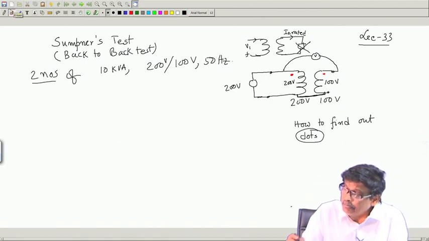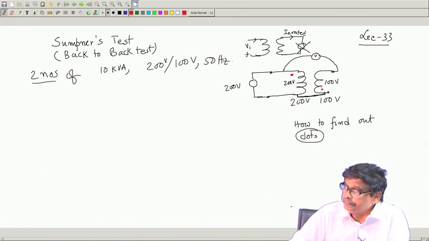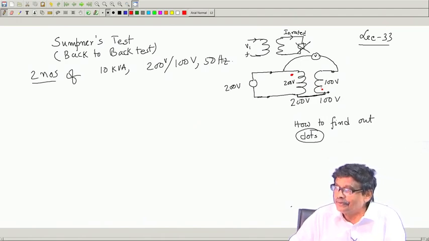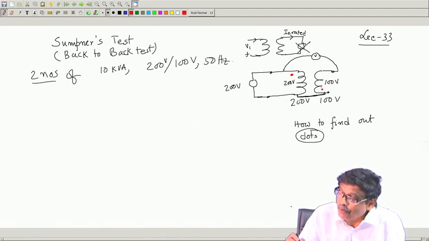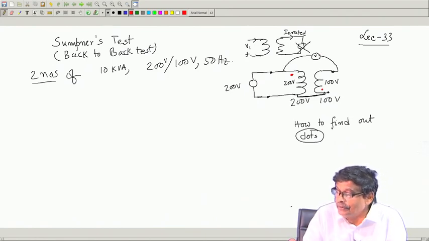What could be the other possible reading? It could be like this, dot may be here also, I am not sure. If that is the case, then what will be the voltmeter reading? 300 volt. So, it is this voltmeter reading which will help me to put dot correctly either here or there,